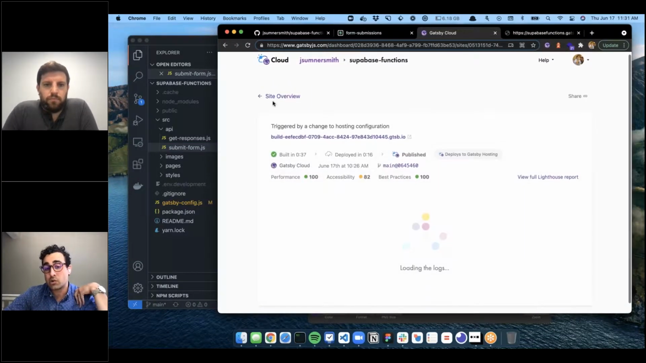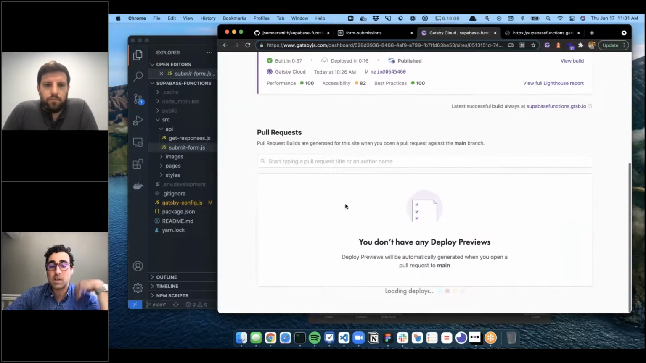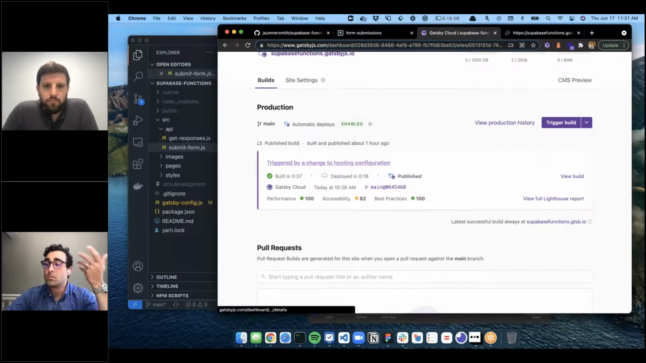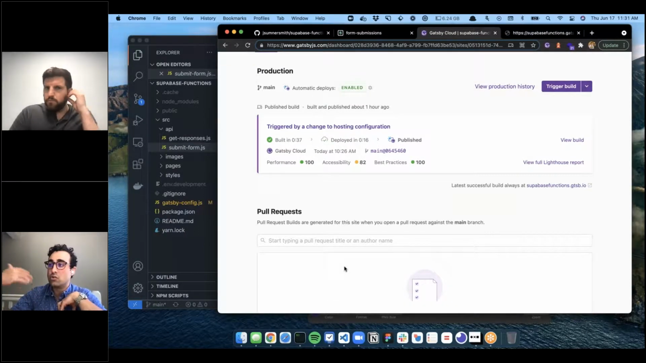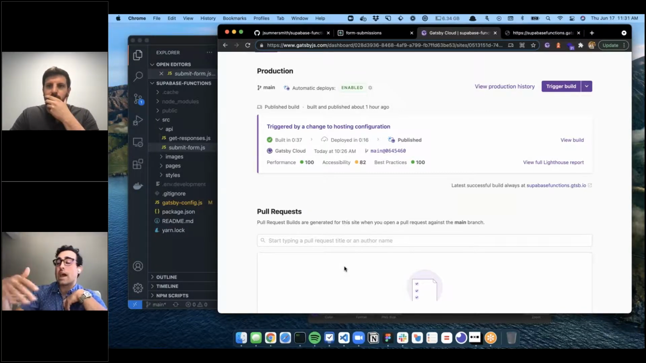You could test it if you're using a pull request build. I don't have any pull request builds up right now, but if you had a pull request build up, you could use that URL. Say you were testing out a new function and you had that on a pull request, you could access that URL /API, whatever, and then you could look at the logs just for that specific build